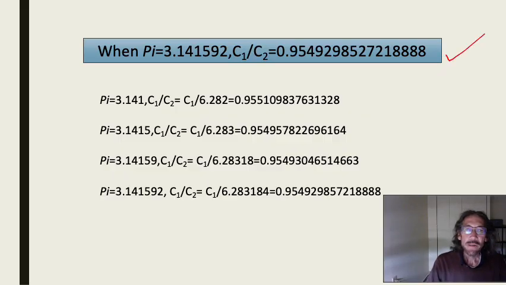0.9549298527218888. This value is using pi at 3.141592. This is down here, pi at 3.141592. And this is the value here. It checks the same. Now, if you look at pi at